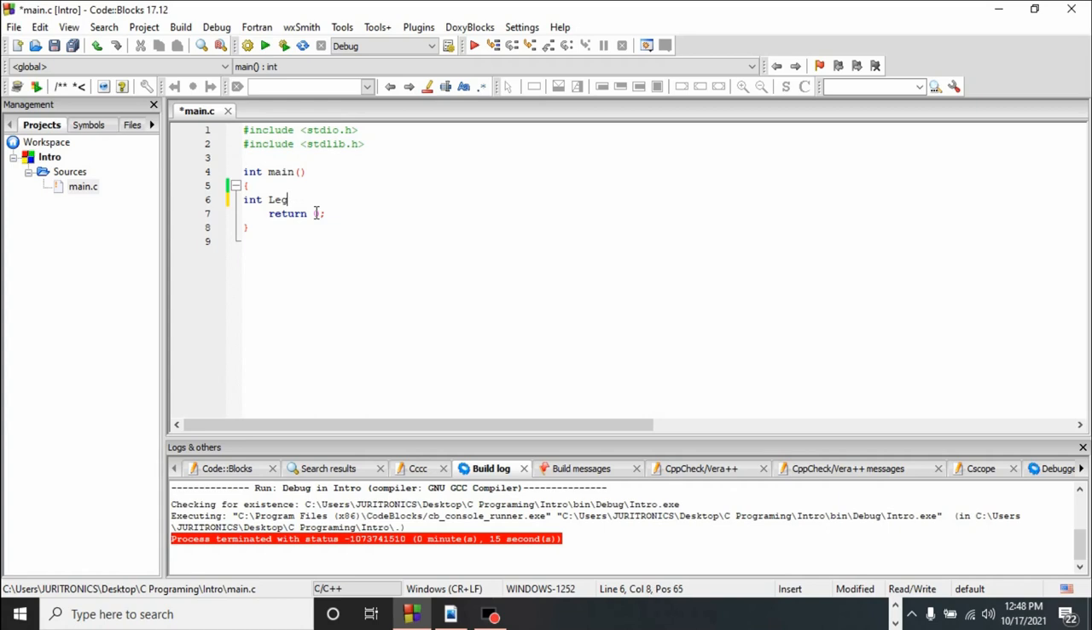I'm not sure if this is the spelling, but it should be. Okay, so we have a variable which should hold the length, and let's start with making a program that already has some values in the variables. So for the